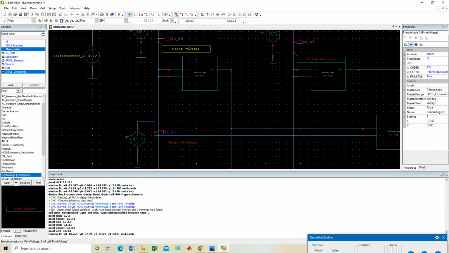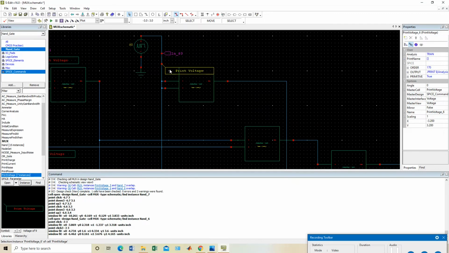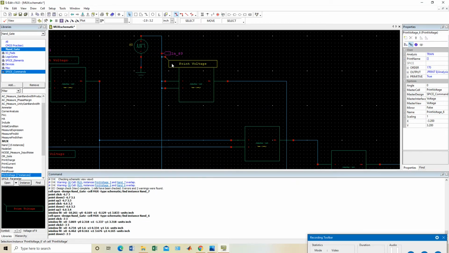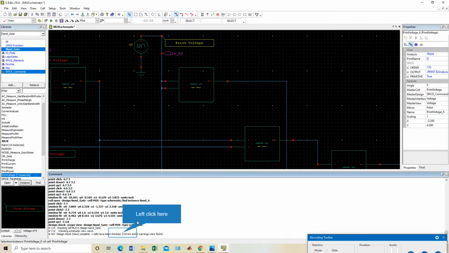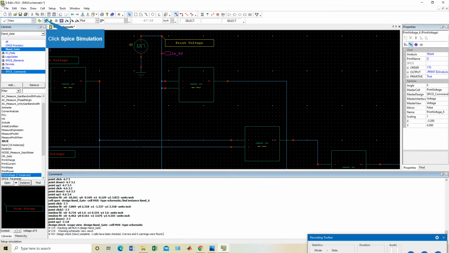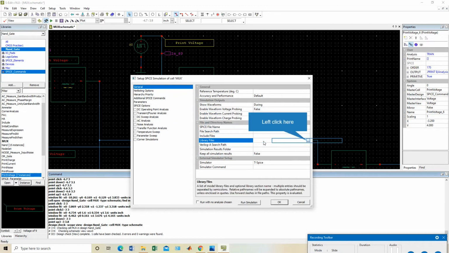Okay. Next is this one, and this is also overlapping. Give it like this. Done. Now again I will check. So I'm getting 0 errors and 0 warnings. Okay. Now I will set the simulation settings. First I will give the library path to it.